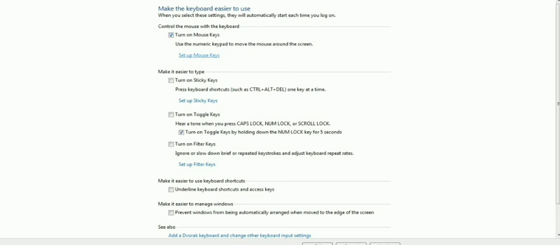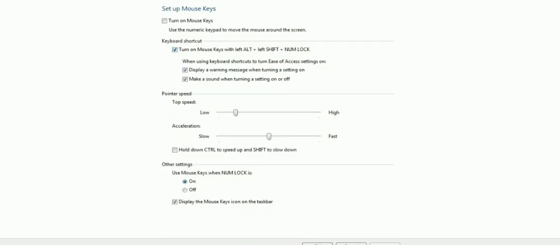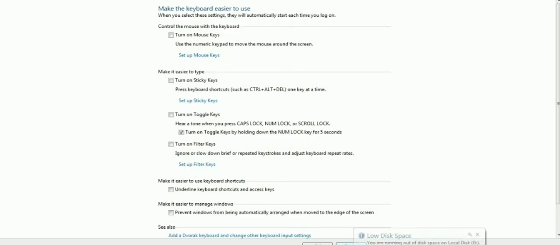If you set up your mouse key from here, with the help of this in the numeric keypad if you want to use, then you will use mouse key. Mouse key is basically if any person is having difficulty selecting mouse. Sticky keys: we are using the control key, alt key, delete key, these are called modifiers, because they are not used individually, always they are used in combination with some other key. So if I am pressing control plus A from the keyboard, we have to press both keys, control A, control V, control C simultaneously.